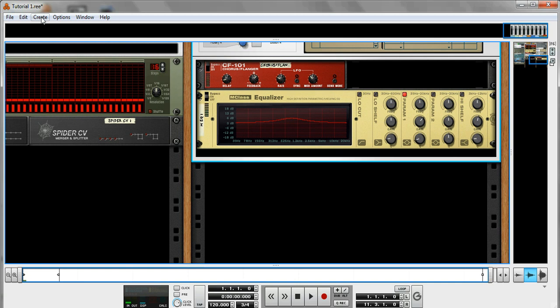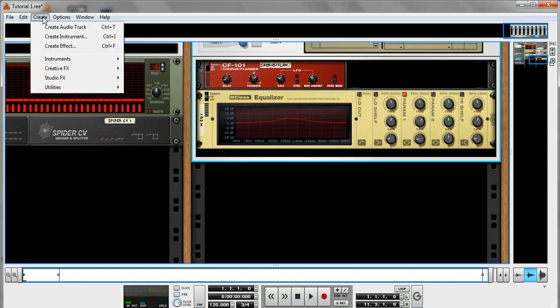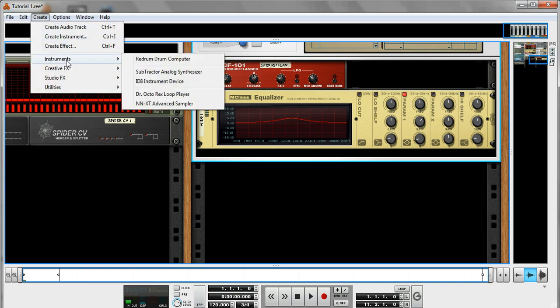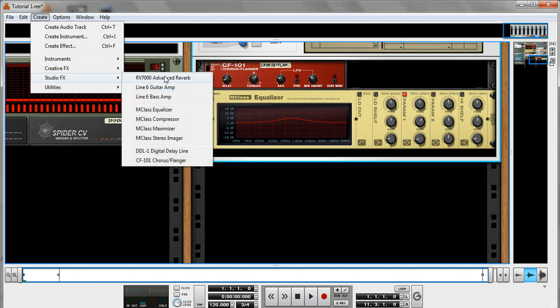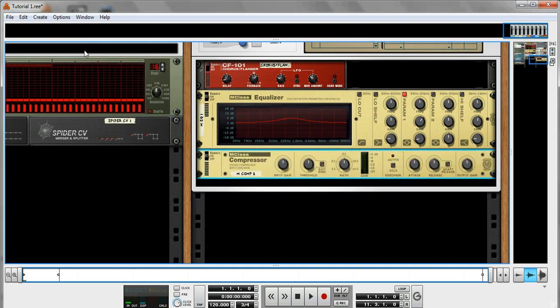I've covered all the devices, and to put one in I just go to create an instrument, the drum machine, the synthesizer, instrument device, loop players, samplers, scream distortion, reverb, guitar amp, bass amp. So I can just put in, you know, a compressor, and then I can just add in another